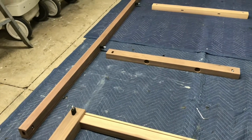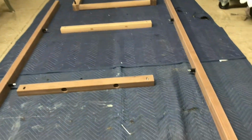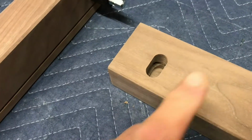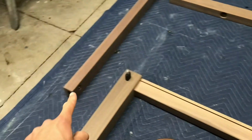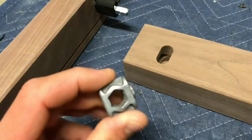At this point, you should have all of your connectors set. Again, there should be 8 of them. Next, anywhere you see an opening like this, it should be on the end of both of your cross braces and on the end of your long skirt boards. You're gonna see this same type of opening, and you're just gonna take this